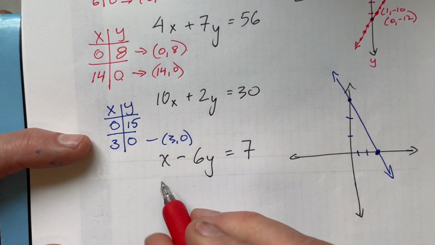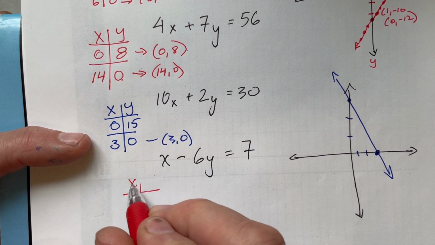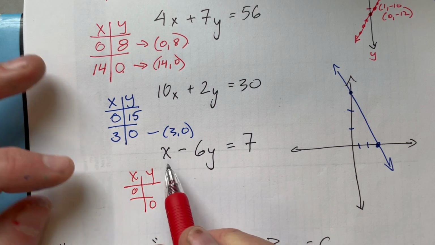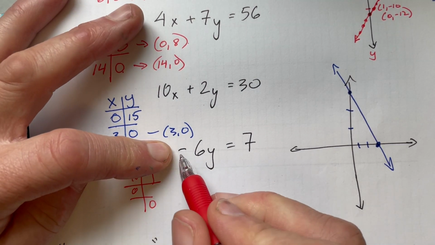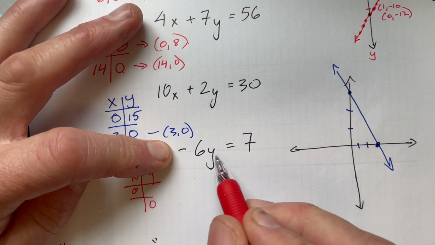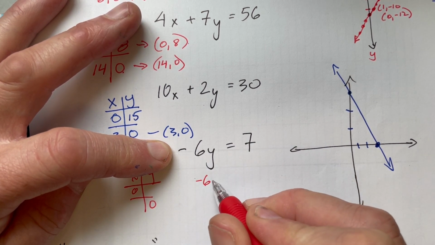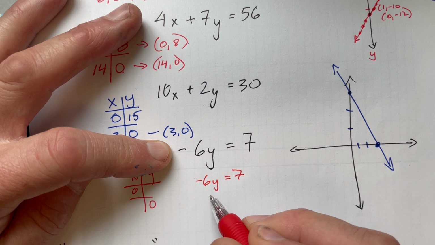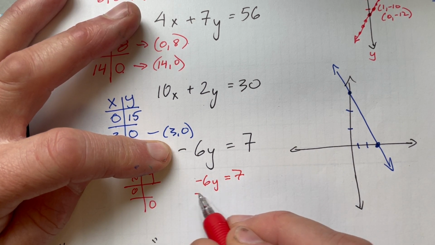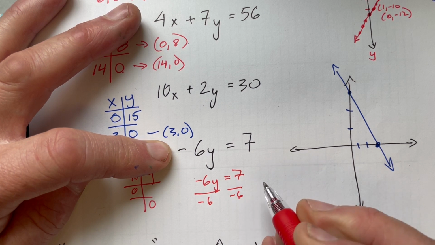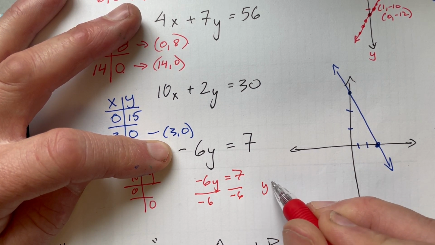And finally, this one here, again, make a little chart. Hopefully you're getting the hang of it. Pause if you need. When I cover up the x, -6 times y is 7. Oh, there's no easy number. So if I think of this as -6y equals 7, I just have to get rid of that -6. It's being multiplied, so I do the opposite of multiplying. I divide by -6, and so y then is equal to